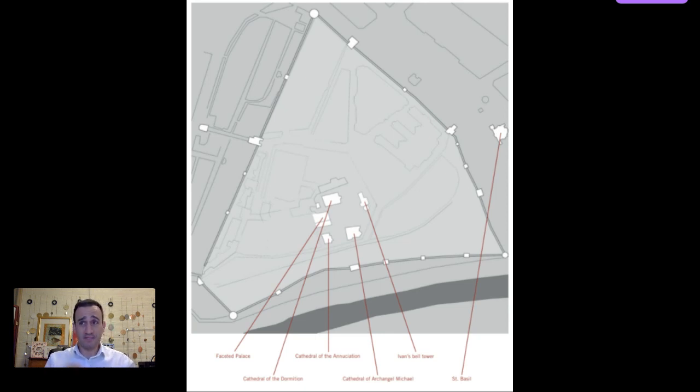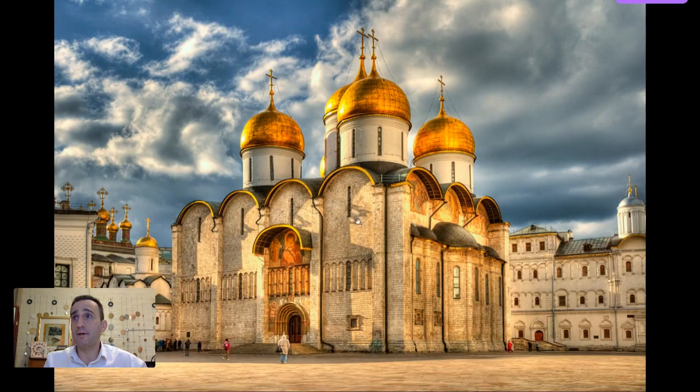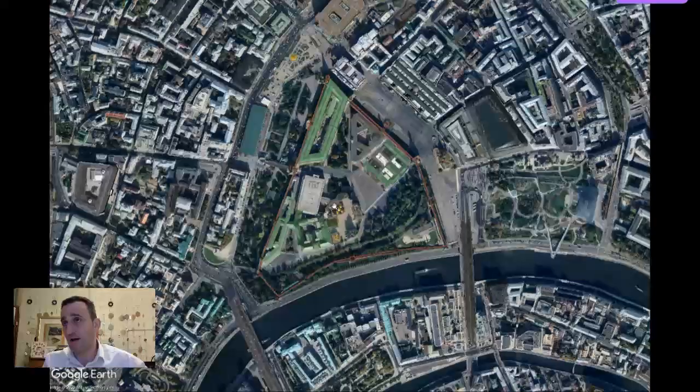But at the same time, the Russians also want to plant their own flag of having architectural identity. So you're going to see over the next few slides a bit of a struggle to create their own identity, with their own ideas, their own symbols, their own colors, their own forms, etc. Okay, and then here's an aerial photograph. So we're going to look at one, two, three, four, five. That's the Kremlin walls.